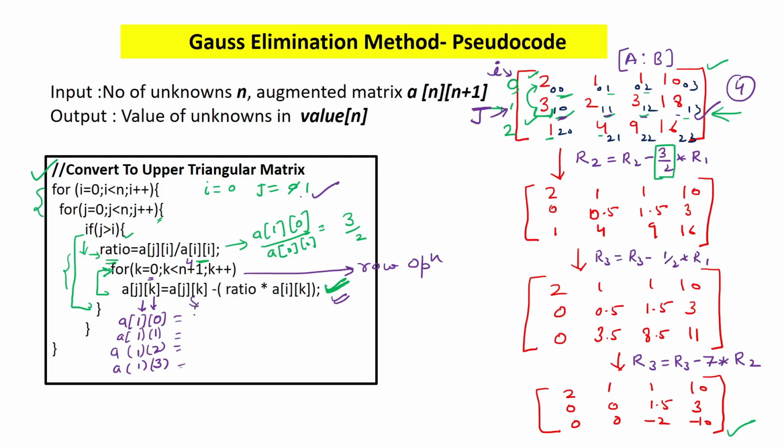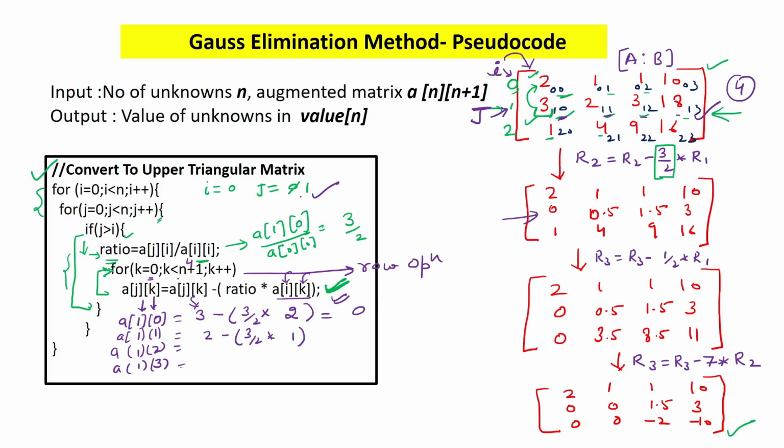So here for the first time it will be 3 minus the ratio, which will be constant, that is 3 by 2. And what is this aik? Aik is referring to the element of the ith row, that is the 0th row. So here we should get 2 because this i is 0 and k is 0. So a00 is 2. So here we will get this answer, that is 0.